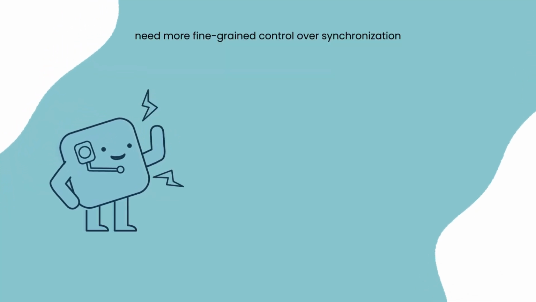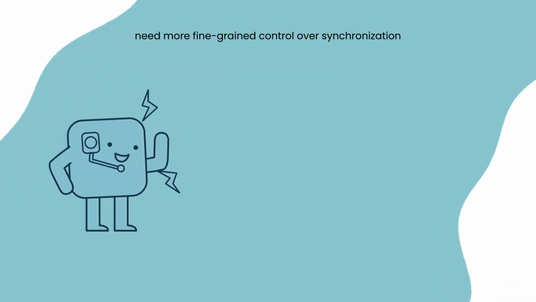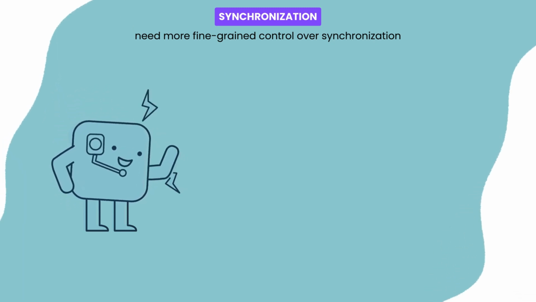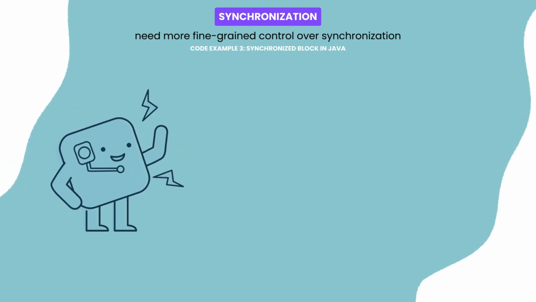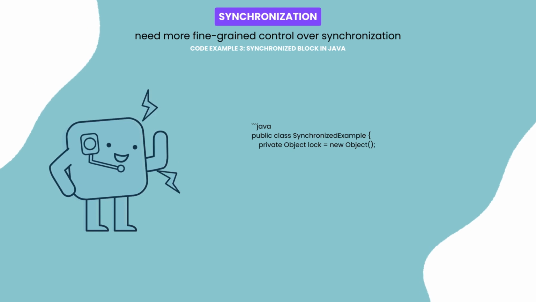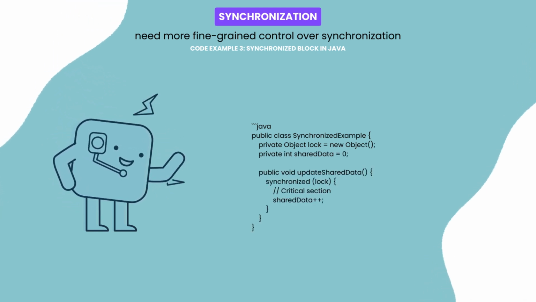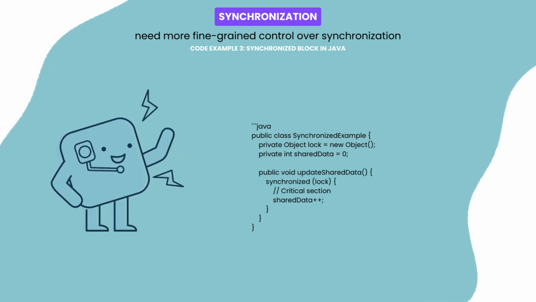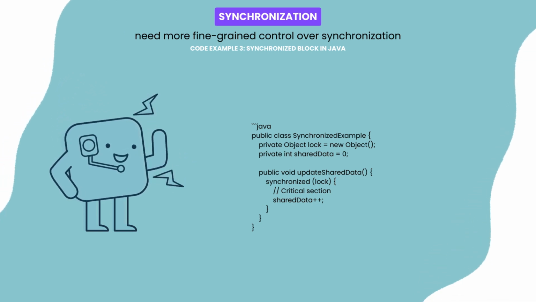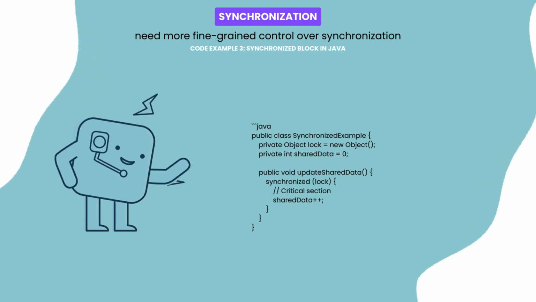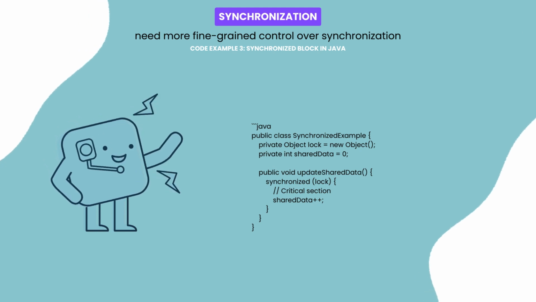But what if we need more fine-grained control over synchronization? That's where synchronized blocks come in handy. Code example 3, synchronized block in Java. public class SynchronizedExample { private Object lock = new Object(); private int sharedData = 0; public void updateSharedData() { synchronized (lock) { // critical section sharedData++; } } }